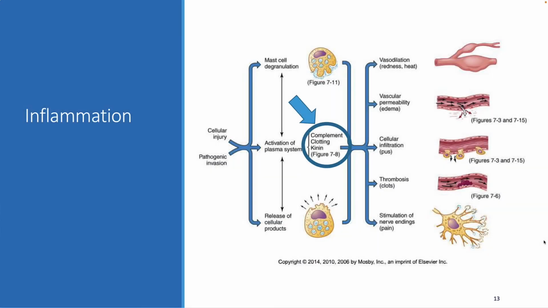At the basic level, inflammation consists of this. There's some pathogenic invasion that happens, right? Some cellular injury, some vessel wall injury, some kind of injury that starts this process of inflammation. One of the first things that happens is the mast cells, pictured here, degranulate. Well, that's a funny name for explode, right? So the mast cells explode, and these granules, pictured here, those granules